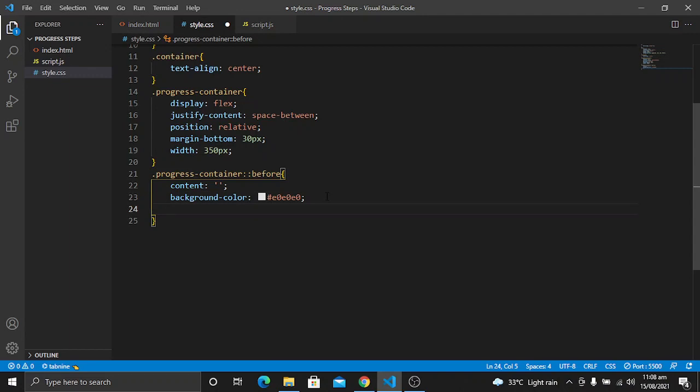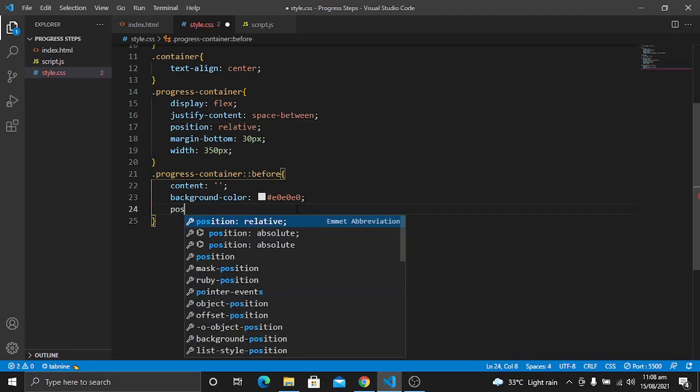Background color is going to be this one, and then we want it to be position absolute because we have made the progress container relative, and because we want to use this before as absolute. So I will give it a position of absolute.